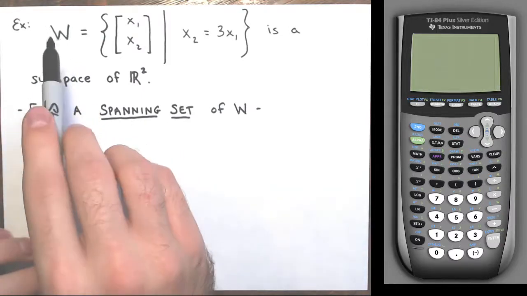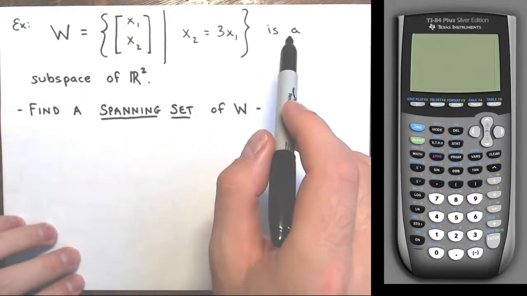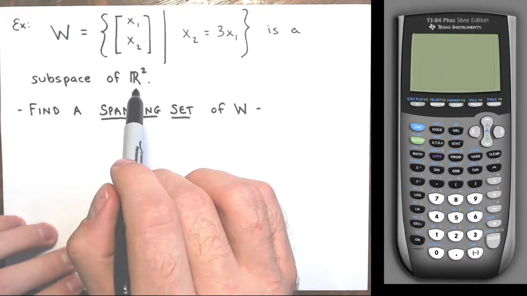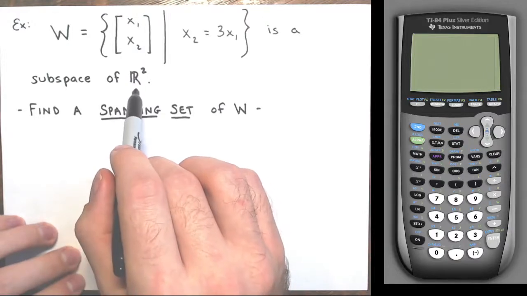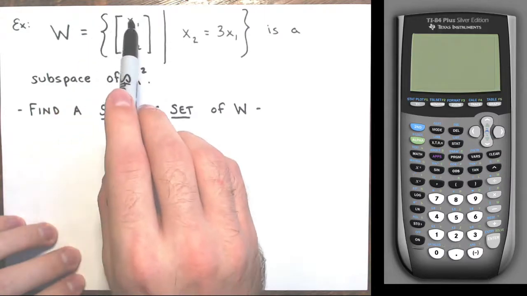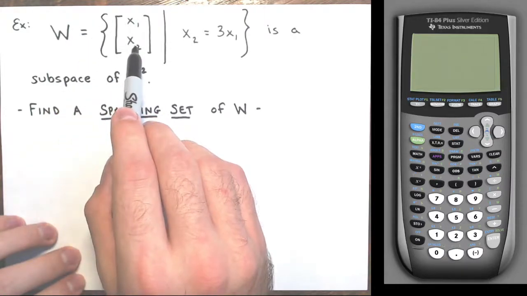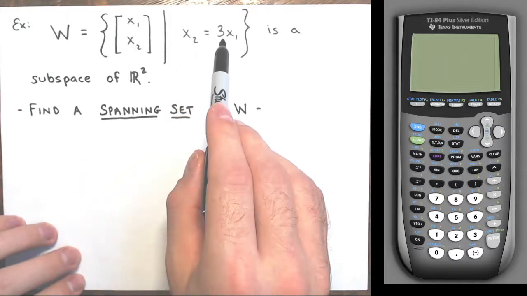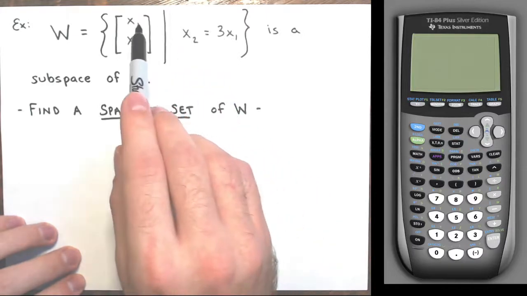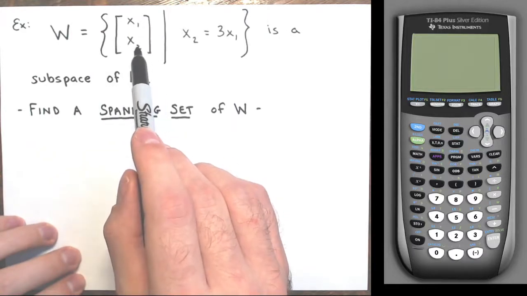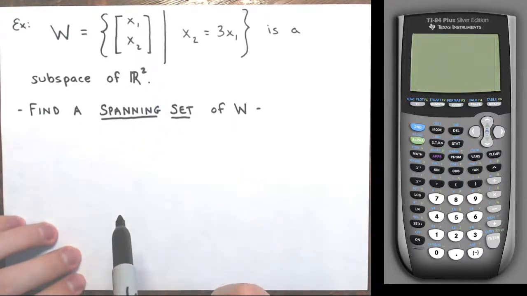But I'm telling you that this set is a subspace of R2, and R2 is a vector space under standard addition and standard scalar multiplication. So W is made up of vectors x1, x2, such that x2 equals 3 times x1,